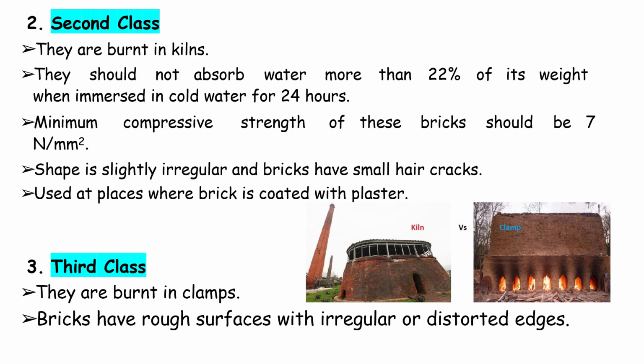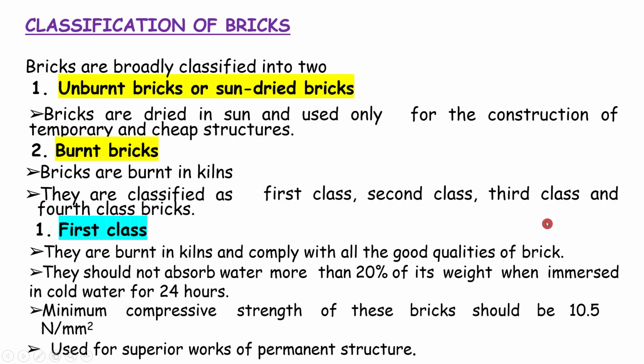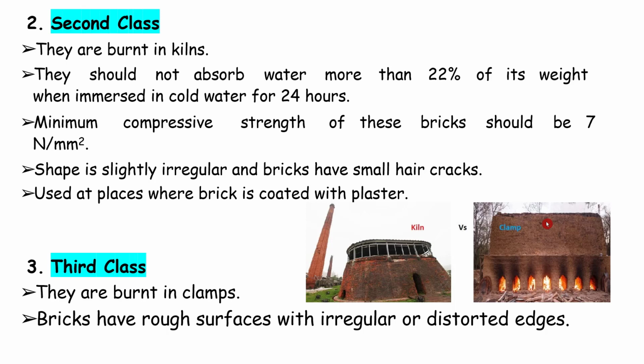Second class, obviously lesser quality. So you can see here, compared to the previous picture, this is a wood kiln having provisions for the uniform heating of the bricks. So these first class bricks will be made in those kilns. You can see a kiln like this. Here it is not sun dried, but there is a provision of giving heat to the bricks. But this is not a uniform way of doing it. That means the bricks are not provided with uniform heating, so the quality degrades. So we'll see what is second class.